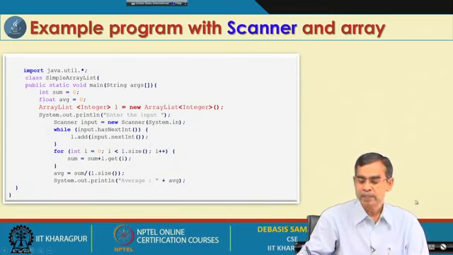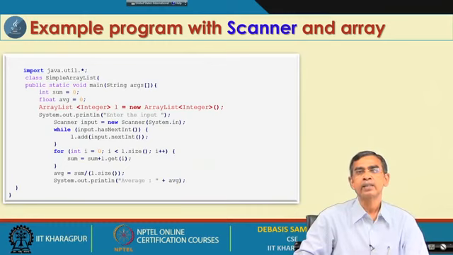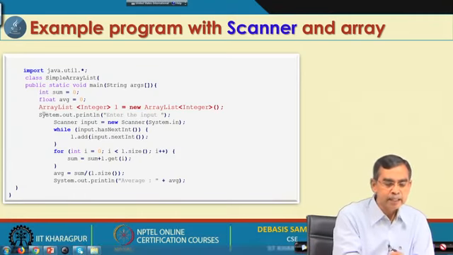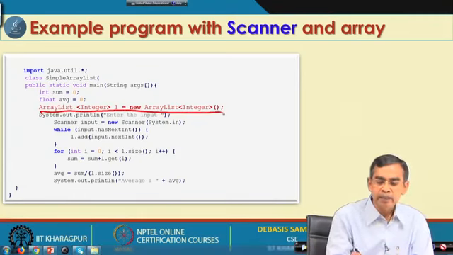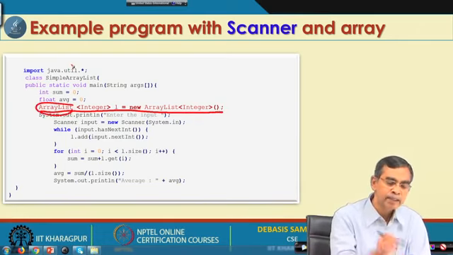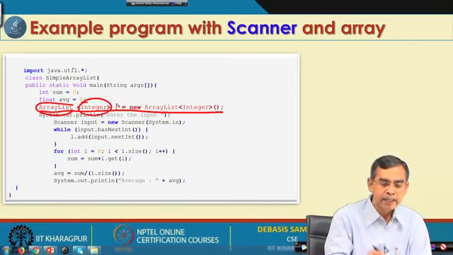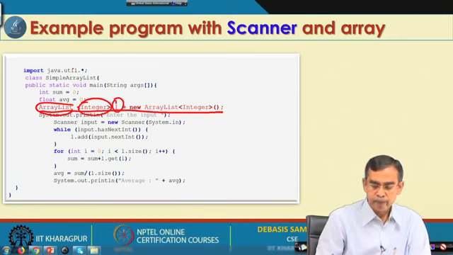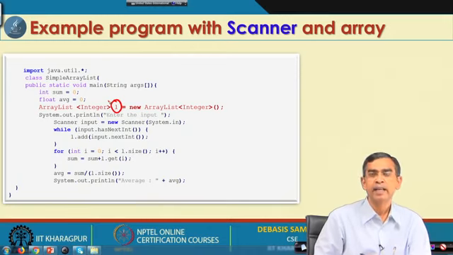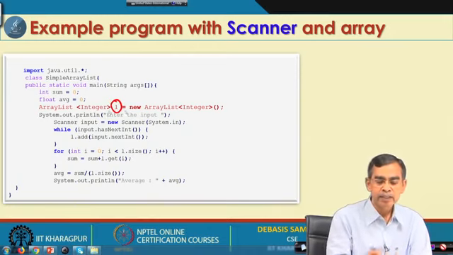So, this is the method that we have discussed. Now, in this example we use the Scanner class again, and using this Scanner class we store a number of elements read from the keyboard into an array. Typically this is the new way of defining an array. We will discuss this new definition of the array. So, ArrayList is already defined in the util package, and this is Integer. This means the array will store integer type of data, and the name of the array is L. So, we declare an object called the array object, and the name of the array object is L, using this syntax.